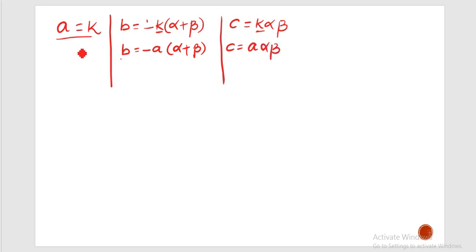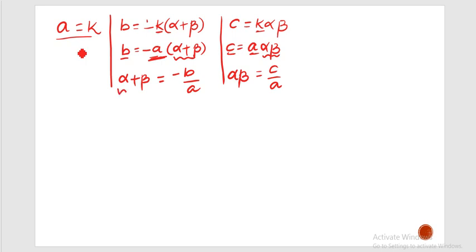Now if you observe, here A, B, C are nothing but the coefficients, right? And alpha, beta are nothing but the zeros. Since we need the relationship between zeros and the coefficients, simply what can I say from this? Alpha plus beta is equal to minus B by A. Since this is product form, when you bring it to the other side, it becomes divided by. So from this, alpha into beta is equal to C by A.